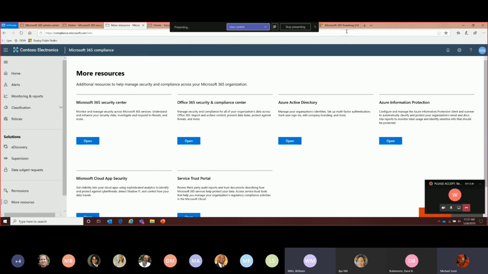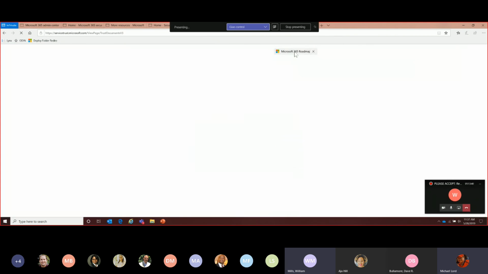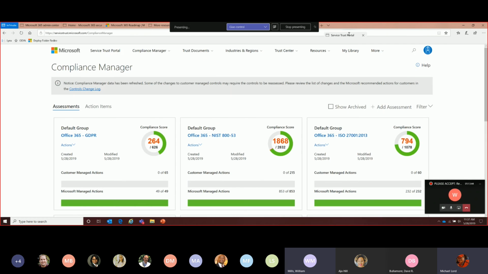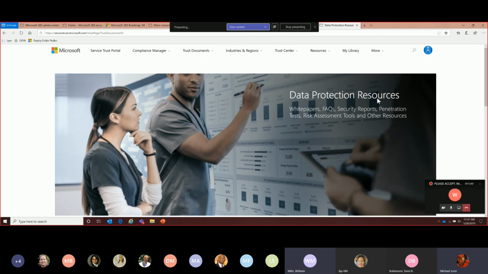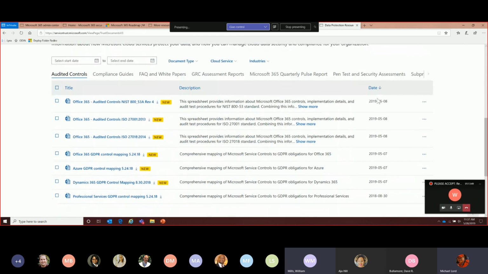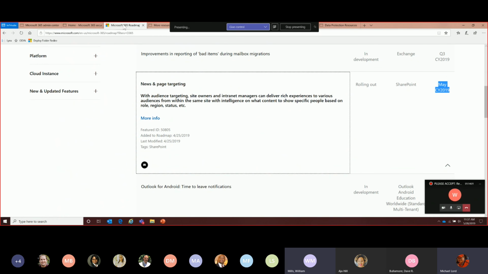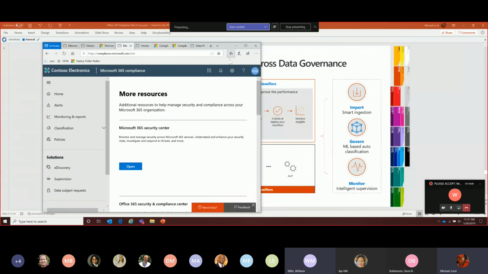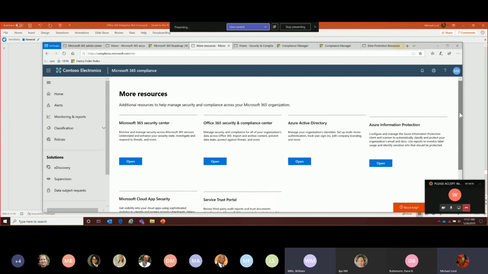Now, in terms of changes that are coming to the system, we're also redesigning the Service Trust portal. Has anyone in here used the Service Trust portal? Okay, I will go into it. So the Service Trust portal, originally, back in Office 365, we had this concept of a dashboard associated with where documents were located.